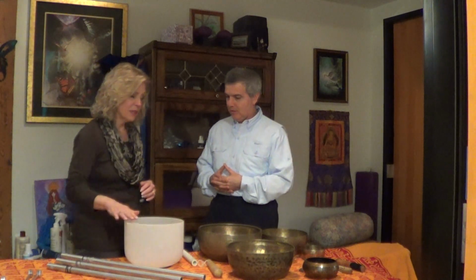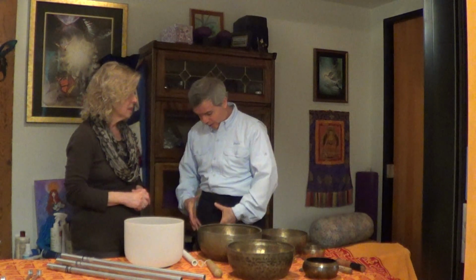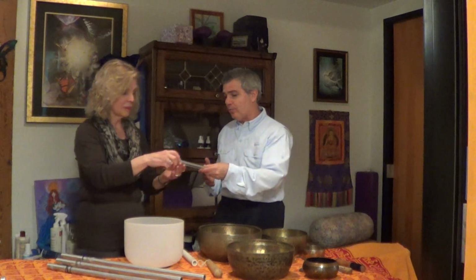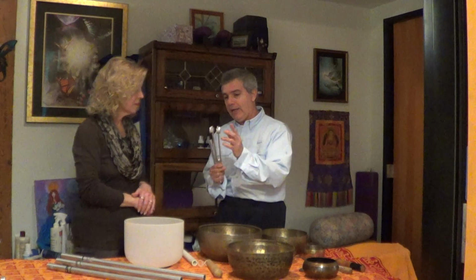Now these vibrate to the different chakras. Do they also vibrate to the different organs in your body? No, that's only to the area, because the chakras cover certain major areas. You could affect those organs anyway. But there are tuning forks that are dedicated to many parts of the body. Can we couple these? Yes. And there are some that are weighted,